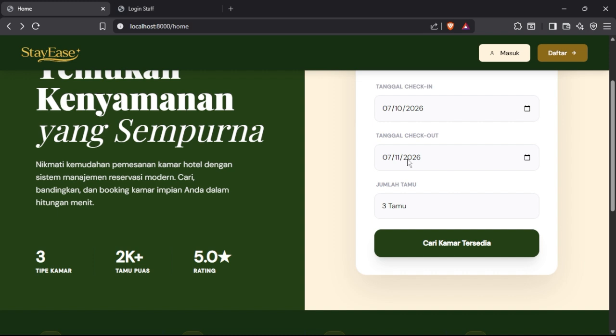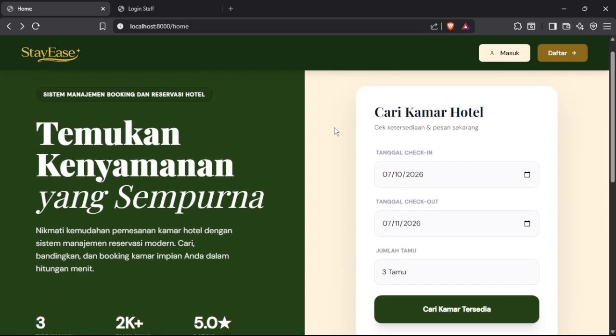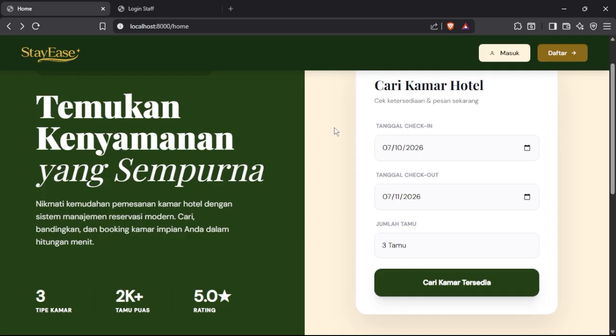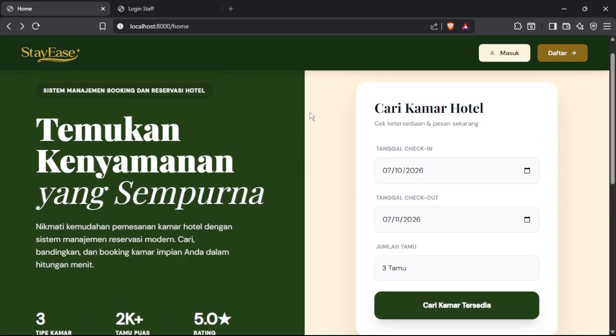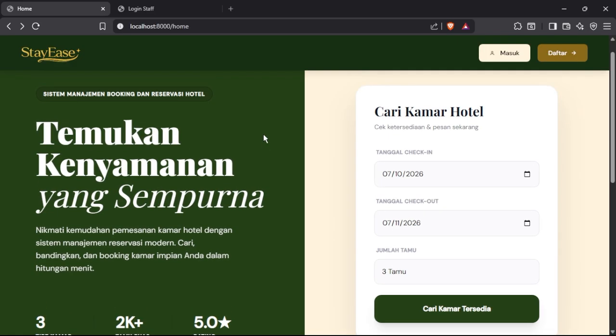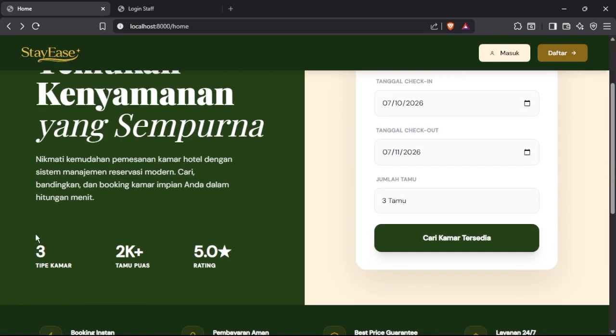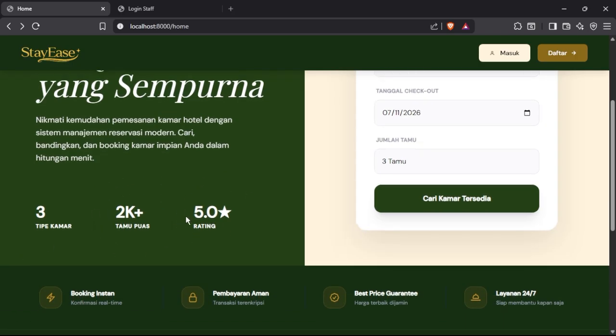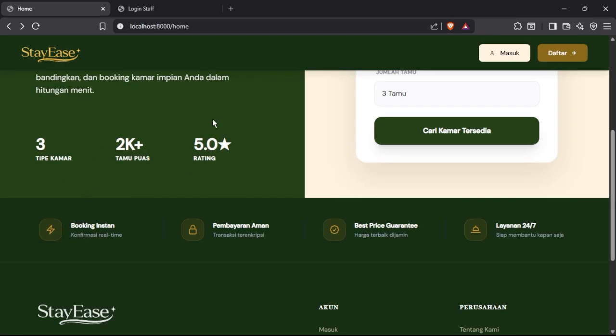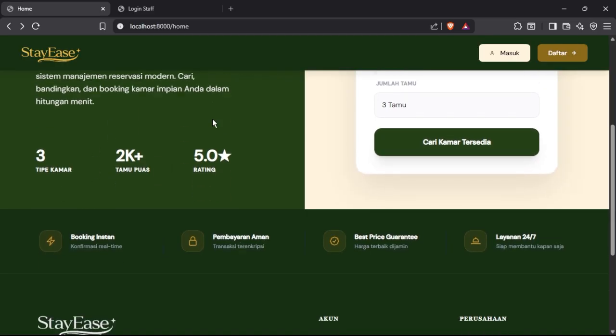As you can see, this is the first page for the guests when they open our website. On this page, the guest can see some information about the hotel. First is the number of room types that are available, the guest satisfaction, and the rating of the hotel, and then we scroll a bit down.